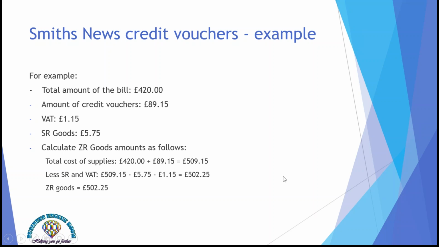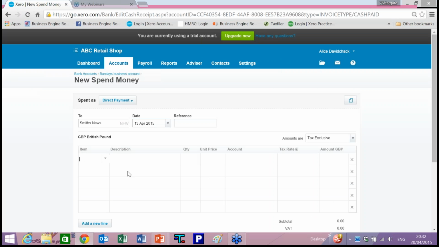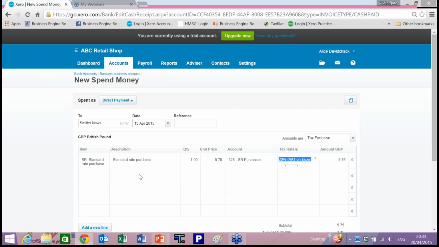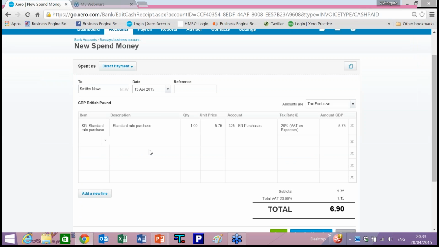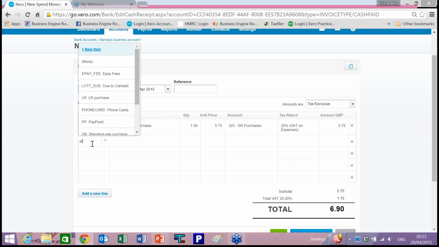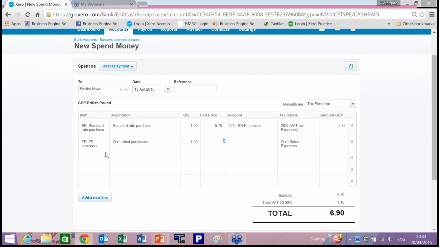So to record this transaction, what we do is start with standard rated purchase. It is £5.75. The VAT is calculated automatically here at 1.15. Then we need to input our zero rated purchases, which we've just calculated as 502.25. However, this is not what we paid. We paid £420,